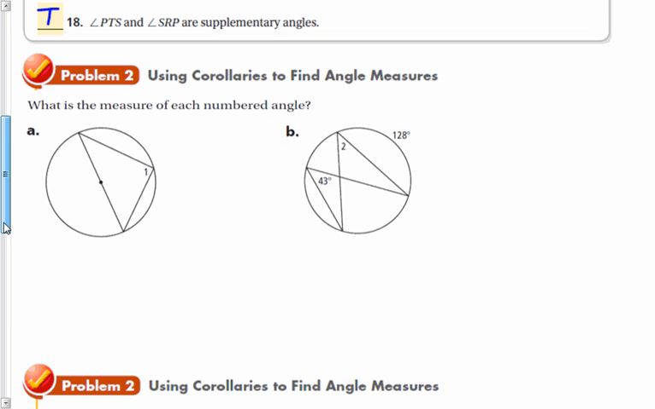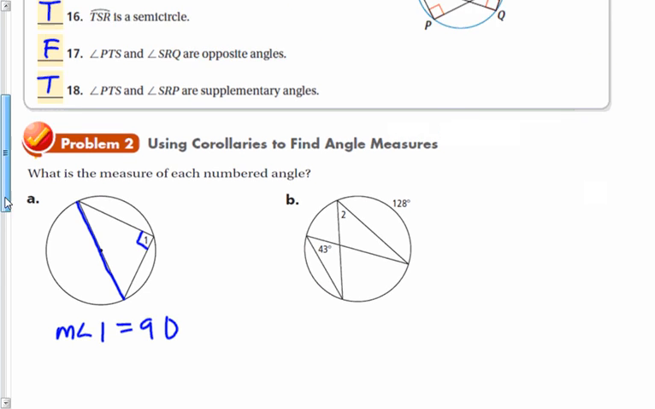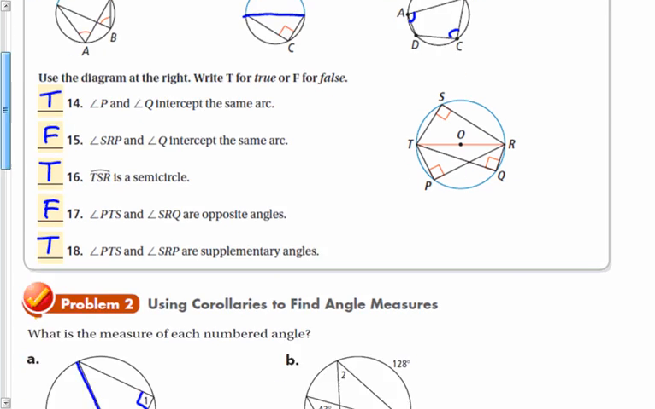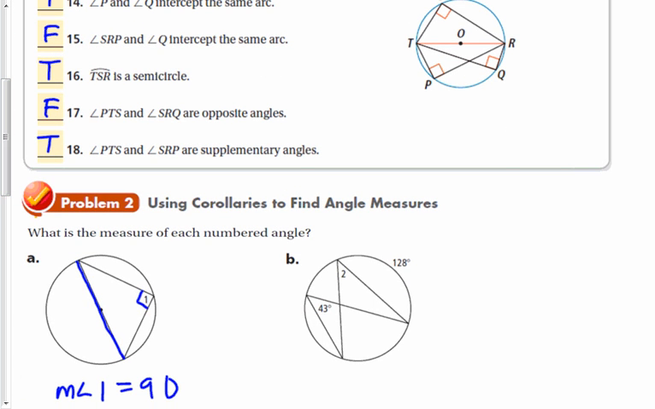All right, let's go ahead and use those corollaries. It says, what is the measure of each numbered angle? So on this first one here, we're going to say the measure of angle 1 is equal to 90, and that's because an angle inscribed in a semicircle, anytime you have a diameter that creates a semicircle, is a right angle. So angle 1 has to be a right angle by corollary 2 of the inscribed angle theorem. And B,